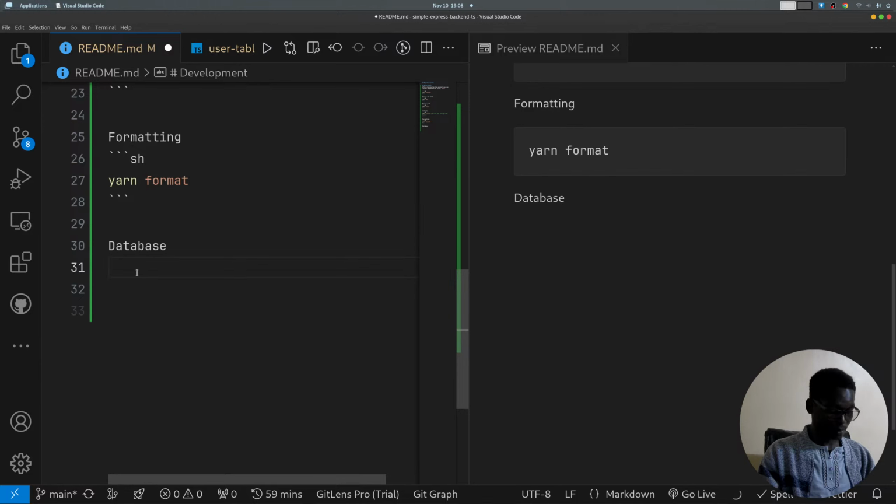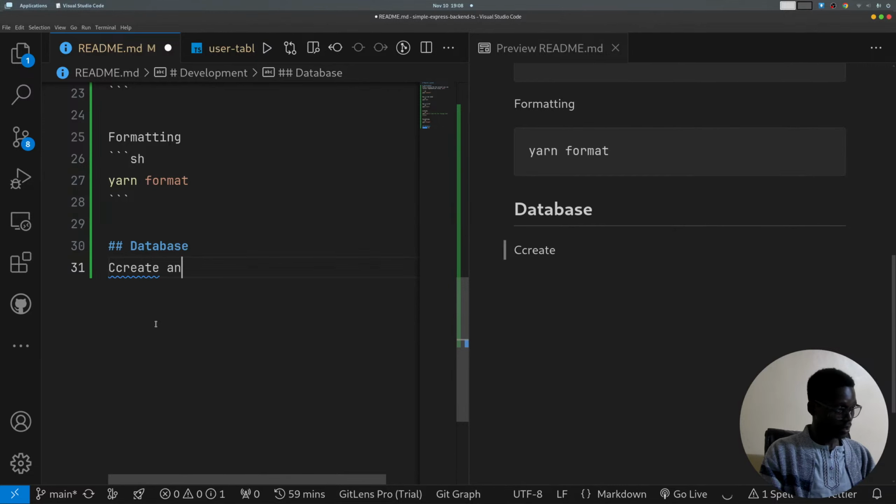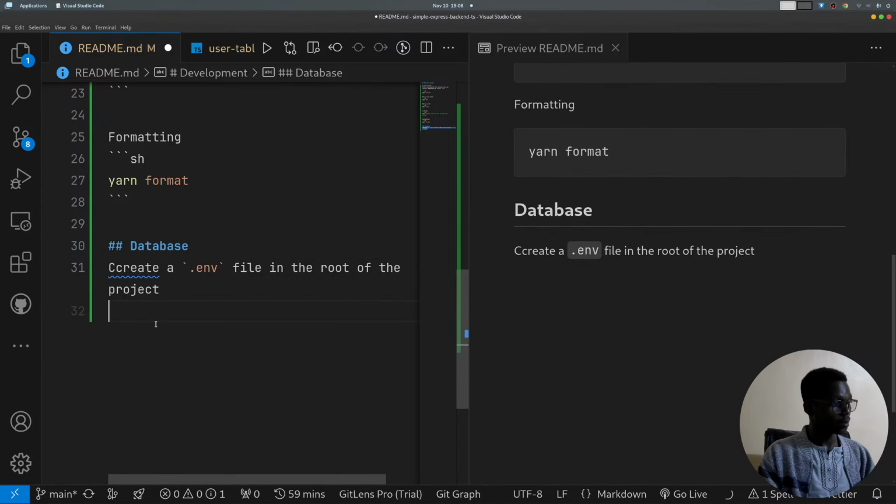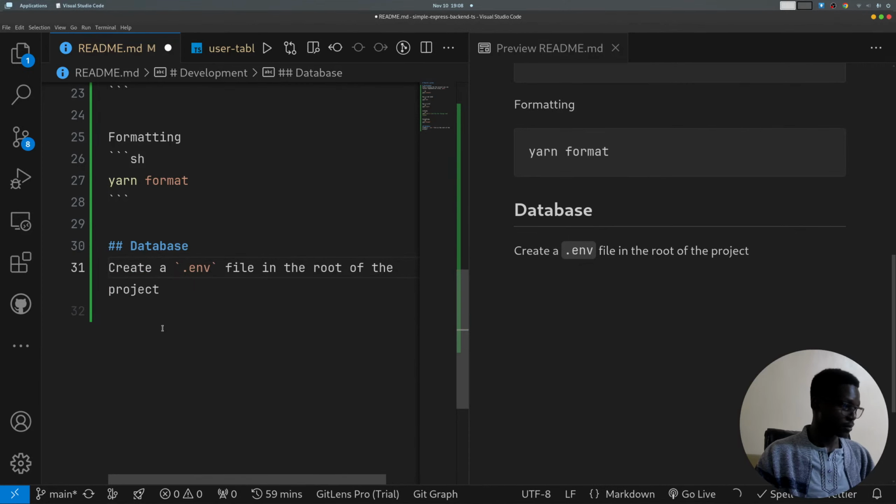You need to create an env file, a .env file, in the root of the project, then afterwards we'll need to